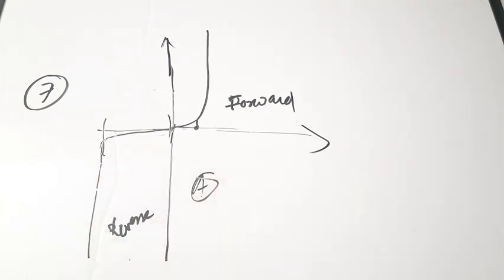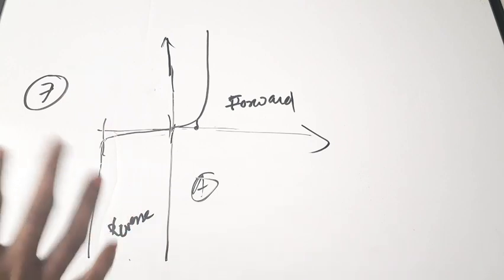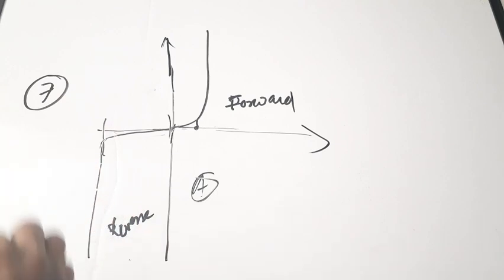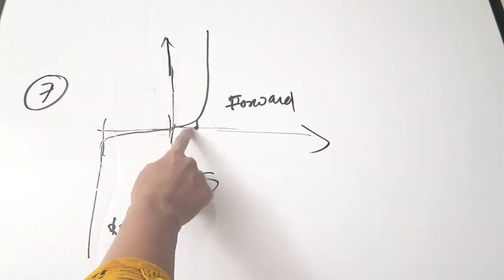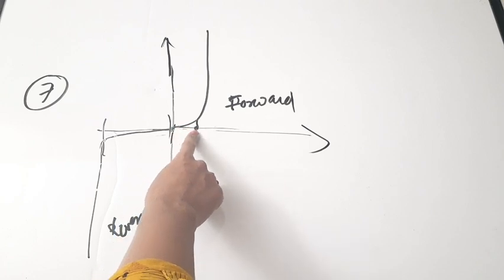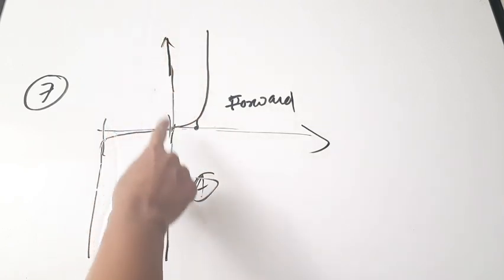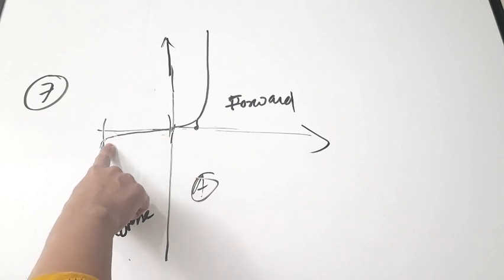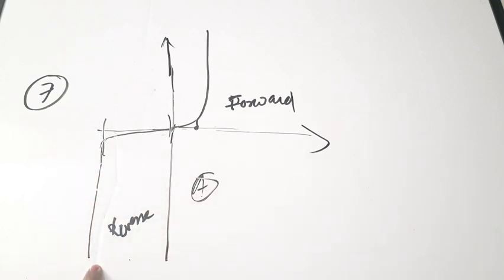Okay, I've just drawn a rough figure, this is not the exact figure. Initially the current will be less. Then after the built-in potential, it will be going high. Then the current in the reverse region is very less. After the breakdown, the current will shoot up. Okay, so correct answer is A. Next question.